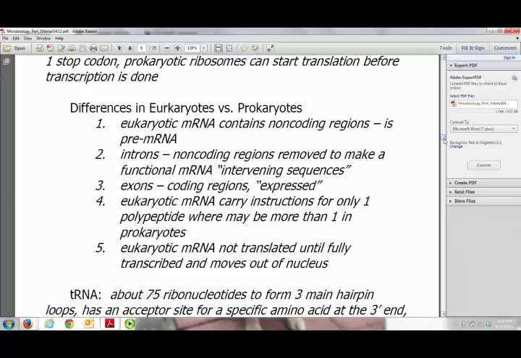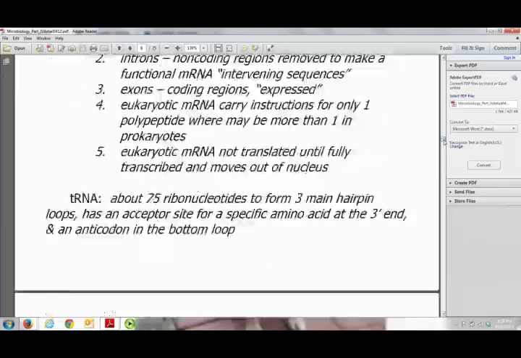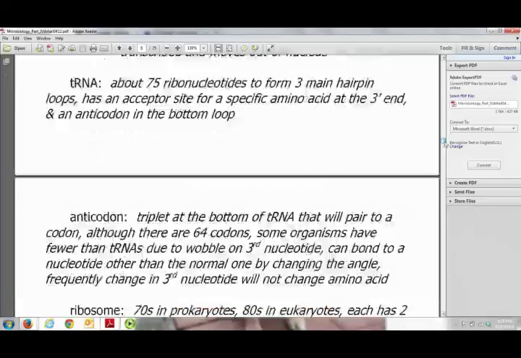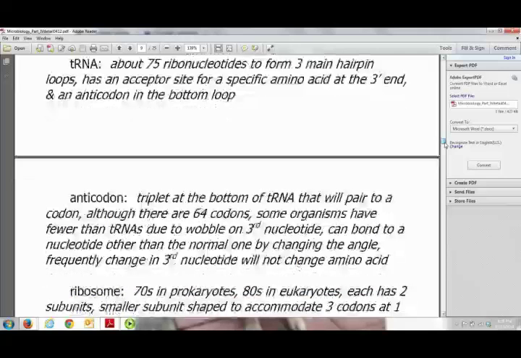The eukaryotic mRNA is not translated until it's fully transcribed because it has to move out of the nucleus to reach the ribosomes. So the tRNA or transfer RNA is about 75 ribonucleotides, and it will form 3 main hairpin loops. It has an acceptor site where there will be a specific amino acid at the 3' end, and then you have an anticodon in the bottom of the loop. The anticodon is going to be the triplet at the bottom of the tRNA, and it's going to be complementary